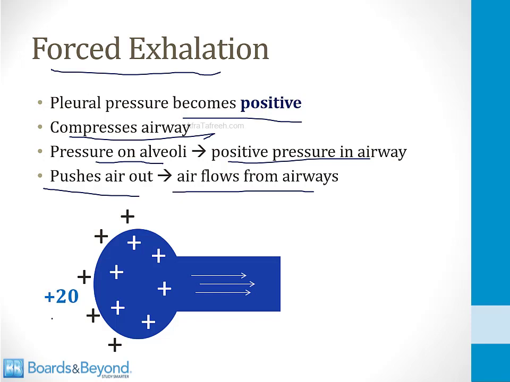So let's imagine that we create a pressure of positive 20 in the pleural space. What that's going to do to the pressure in the alveolus is make it even higher than that. It's going to be about plus 35. The reason it's higher is because not only do you have the plus 20 of the pleural pressure, but remember